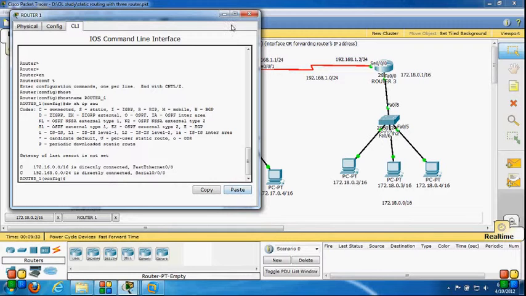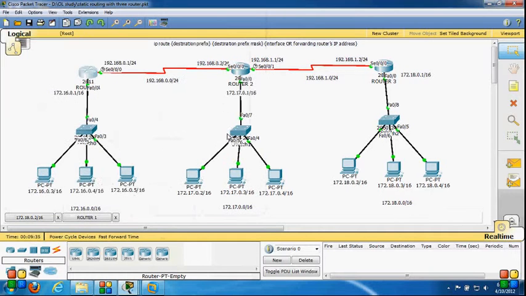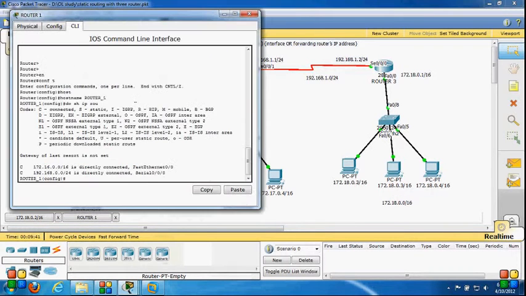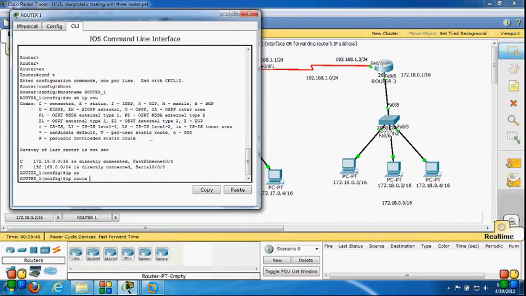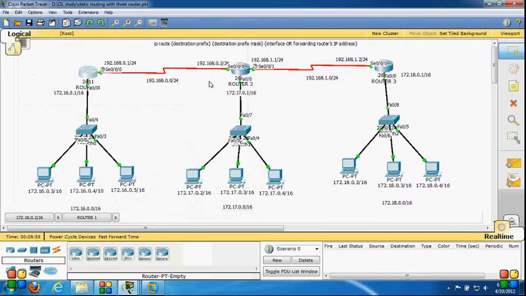So I have to add static entries for the two indirectly connected networks, which are 172.17.0.0 and 172.18.0.0. Here is how we configure ip route. My destination network is 172.17.0.0, the subnet mask is 255.255.0.0, and the next hop IP address is 192.168.0.2, which is the serial 0/0/0 interface on router 2.